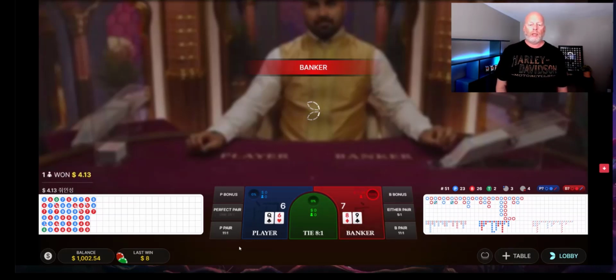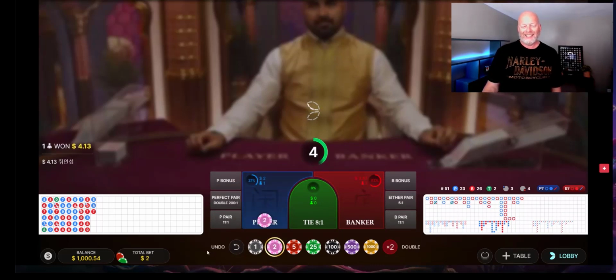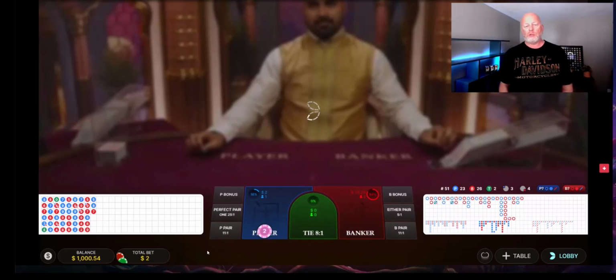There's a 7. Pay attention, Mike. So we had a 7. Everybody think player, right? Everybody think player. We're gonna get a player. So I go 1-3-8 for my bankroll, and then if that doesn't work, then I go